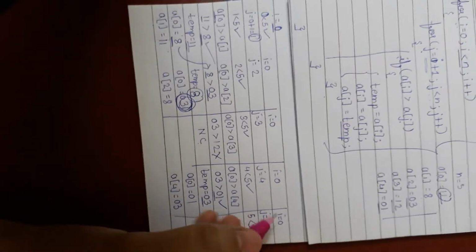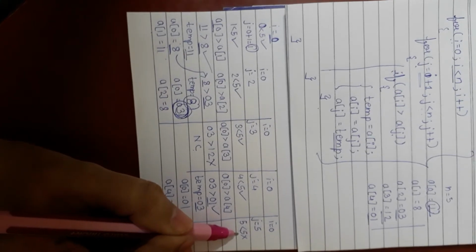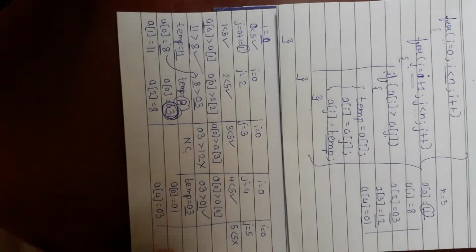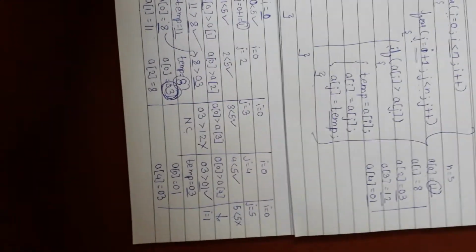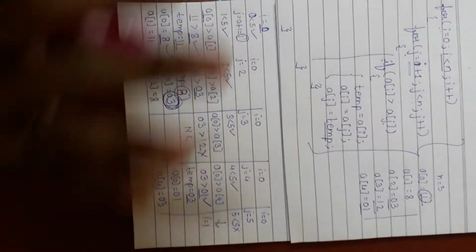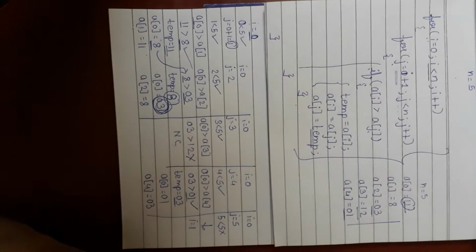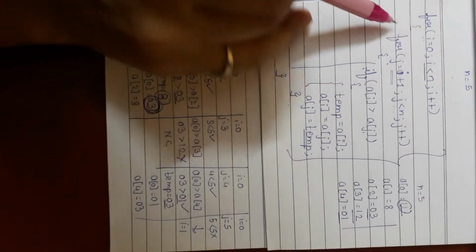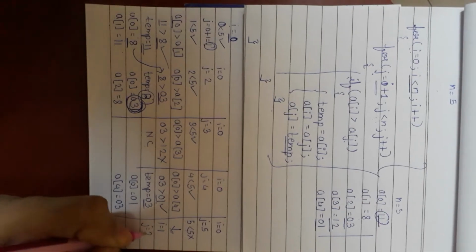As I told you, once the inner for loop condition becomes false, after that the outer for loop will be increased. So the outer for loop will increase, means the next iteration will be i equal to 1. It never starts with 0 because the 0 iteration is already done. So it will start from i equal to 1, and after that we will come to this j's for loop. Now j's for loop will start with i plus 1, that is the value of j will be 2.